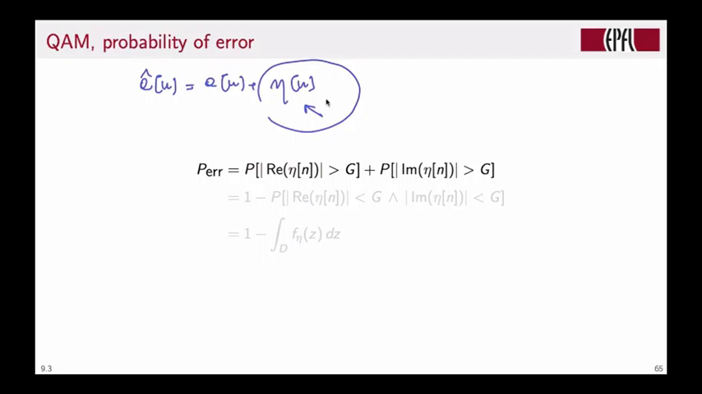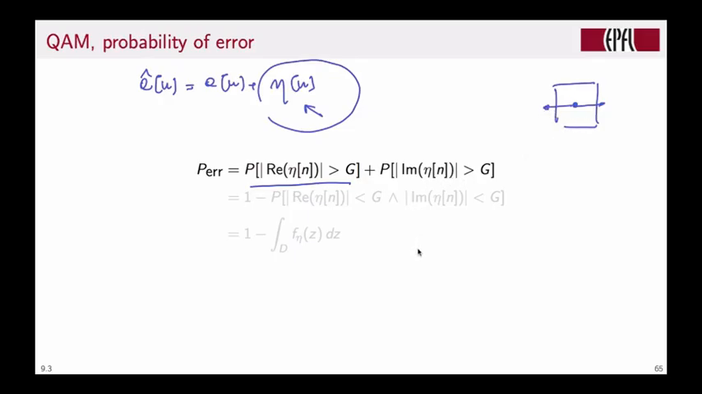With these assumptions, the probability of error is equal to the probability that the real part of the noise is larger than g in magnitude, plus the probability that the imaginary part of the noise is larger than g in magnitude. We assume that real and imaginary components of the noise are independent, and that's why we can split the probability like so. Now, if you remember the shape of the decision region, this condition is equivalent to saying that the noise is pushing the real part of the point outside of the decision region in either direction,